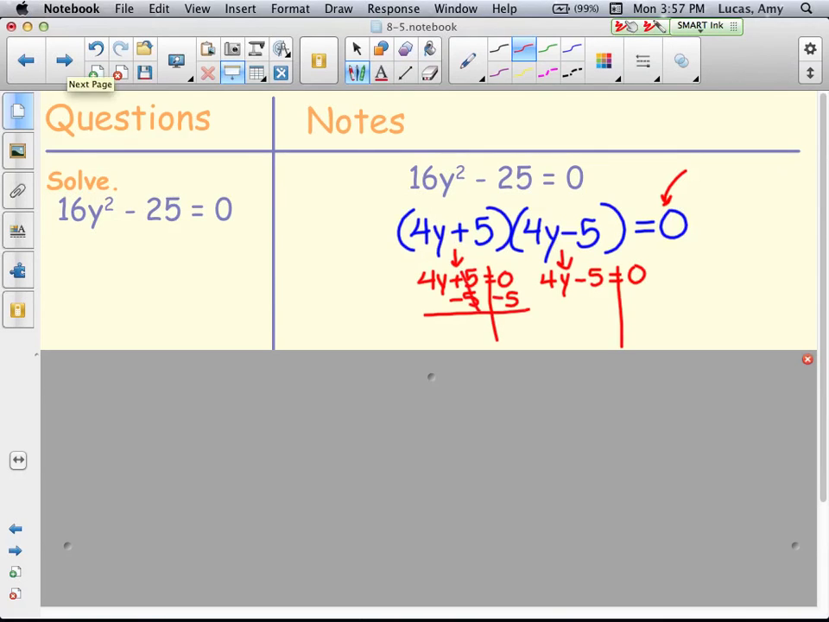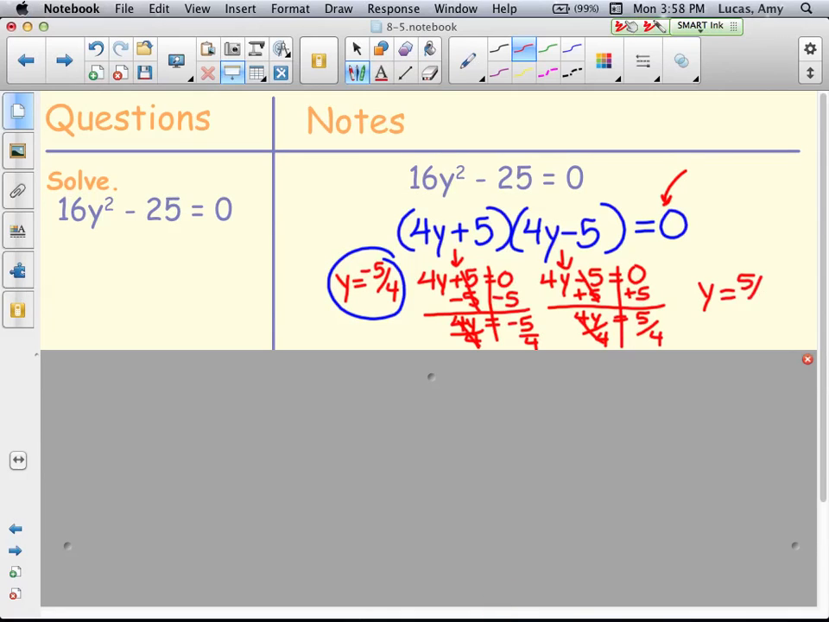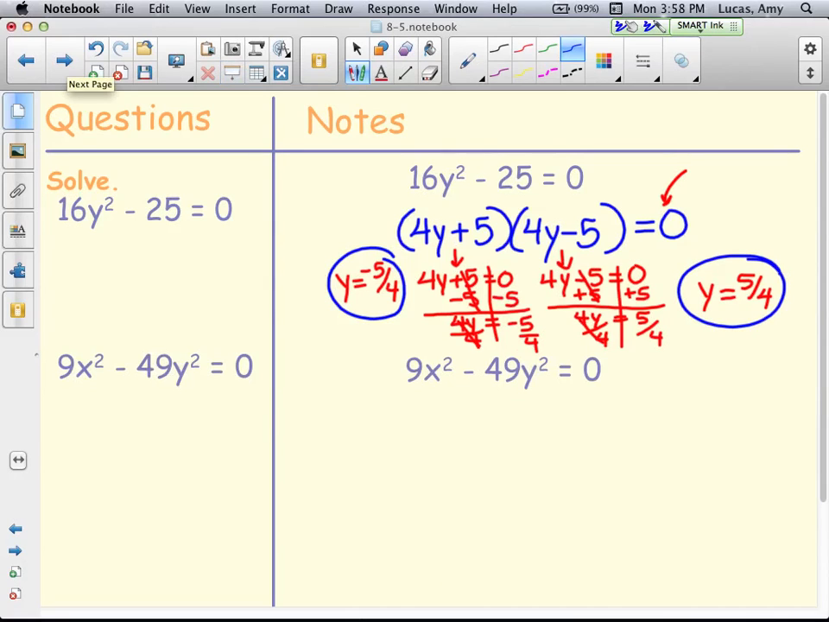Subtract 5, and then divide by 4. So y equals negative 5 fourths for my first one. My second one, I would add 5. So 4y equals 5, and then divide by 4. So y equals 5 fourths for my second binomial. Our last problem,